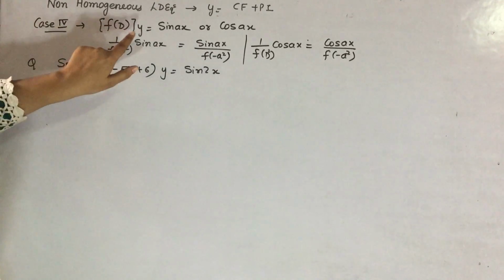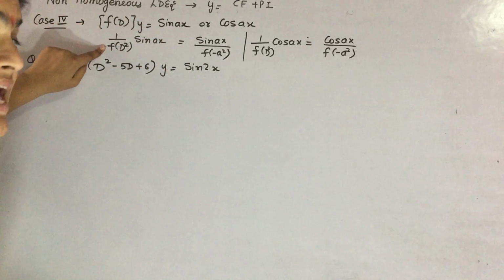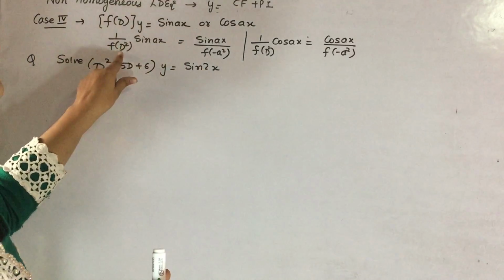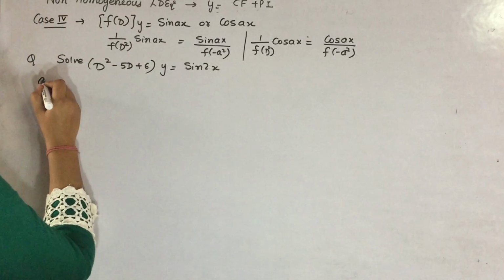If your f(D)y is equal to sin ax or cos ax, then what you have to do? You have to take 1 by f(D squared). Point to be noted here: in sin ax, in place of D squared you have to substitute minus a squared. Okay, so your auxiliary equation here,